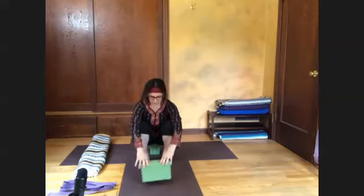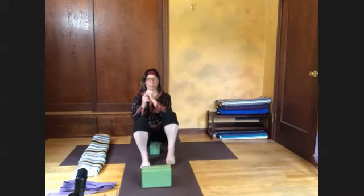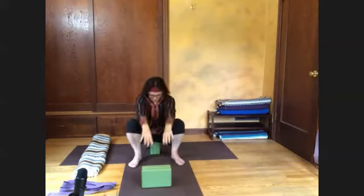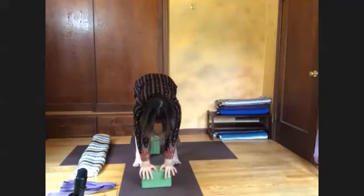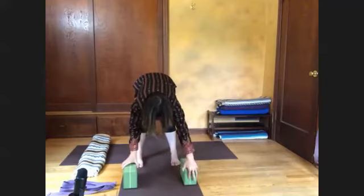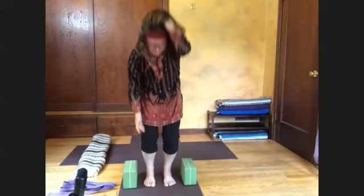Good. Now take the other block that you have. Place it in front of you. Make your feet wider. Okay. Reach forward. And come up to Uttanasana. And then take both blocks, frame them like for your sun salutation, rise up to standing, and please come up